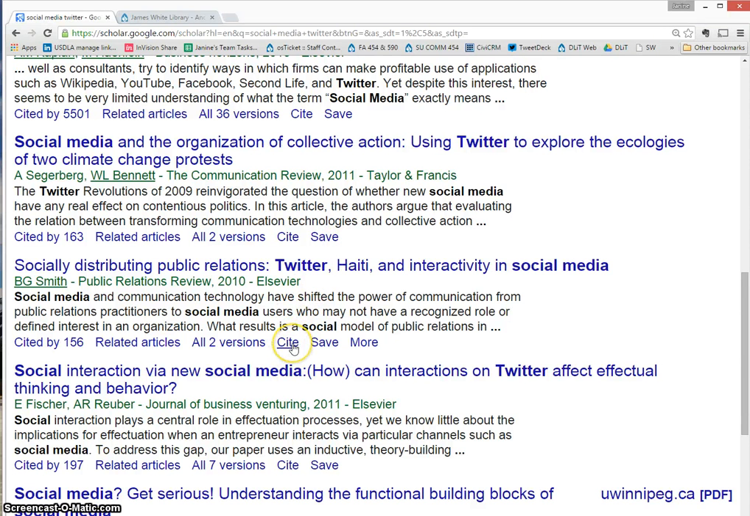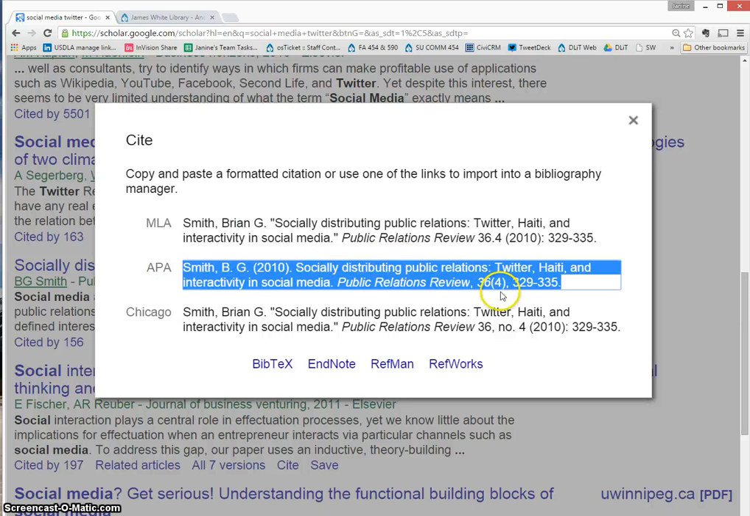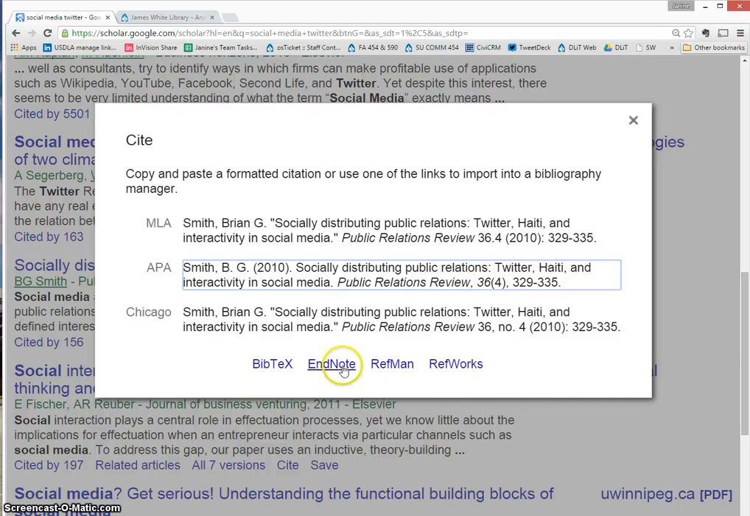I don't know if you ever have paid attention to this, but there's a Cite button. If you click Cite, it brings it up in MLA format, APA in Chicago. And you know, sometimes it may not be quite right. This one looks pretty good, but I've seen them before where they're missing pieces of the reference and it's not there. If you're using a reference management tool like EndNote, which I always use, you can just click that